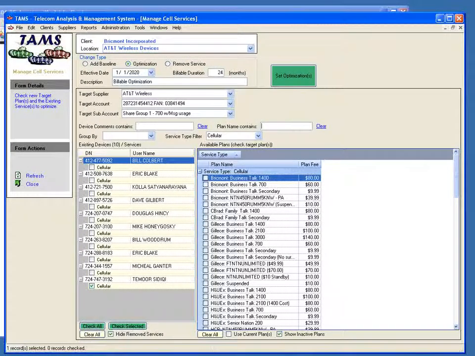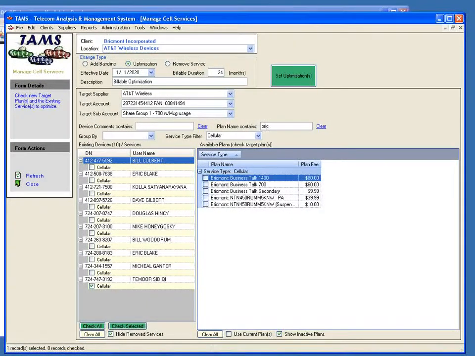And we can filter the plans by our mnemonic or a naming scheme for this particular client. We see that for an extra $20, they could be saving $245 in overage costs. And then we would leave it on this share group 1. We might change the title once it's actually implemented to make it a 1,400-minute share group, but we just then